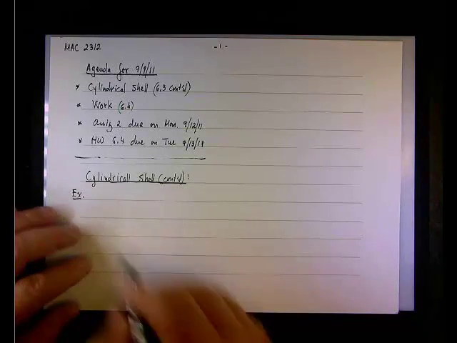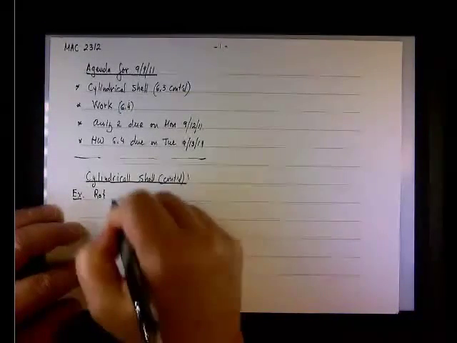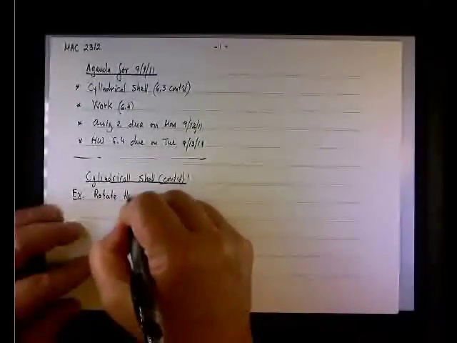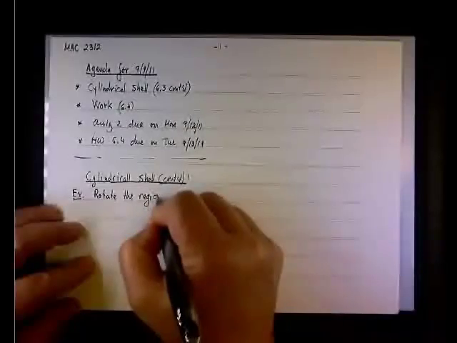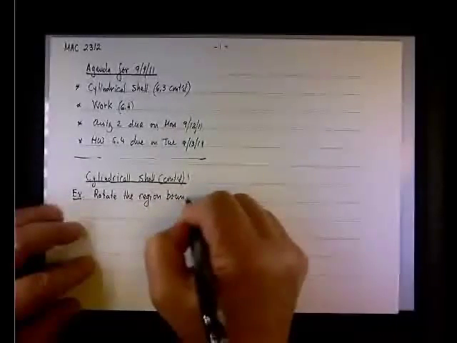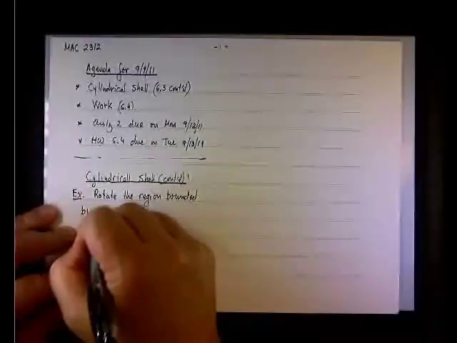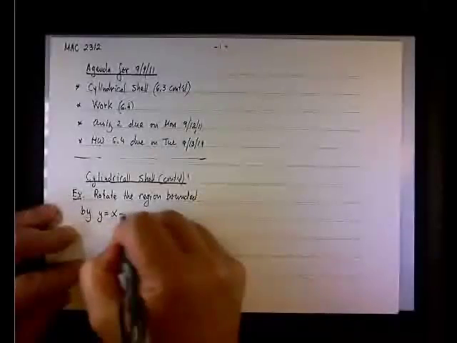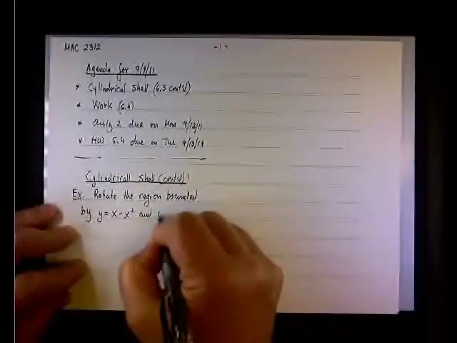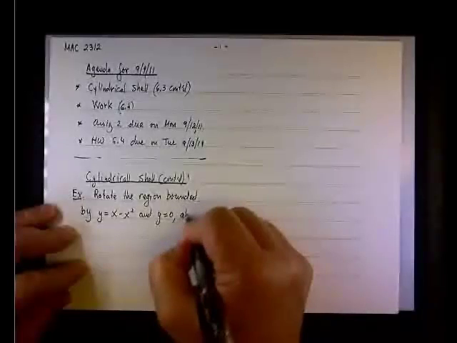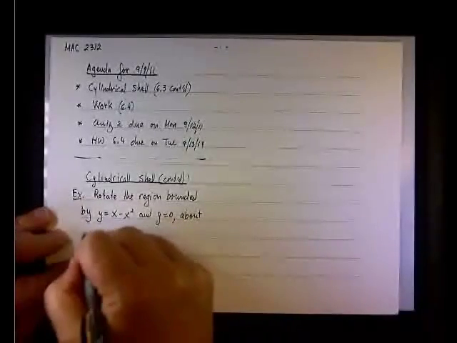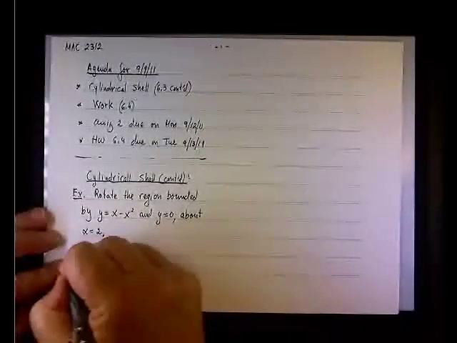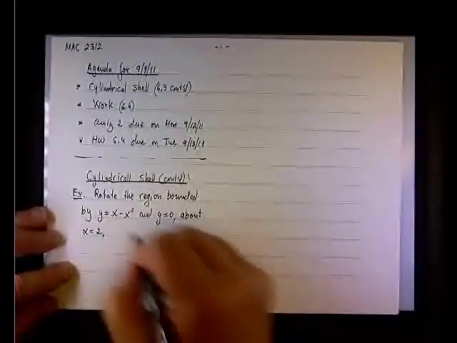Like this, the first one, let's rotate a region bounded by the following. So it's bounded by y equals x minus x squared and y equals 0, and we rotate it about a line that is a vertical line, x equals 2. Okay? So of course we want to find